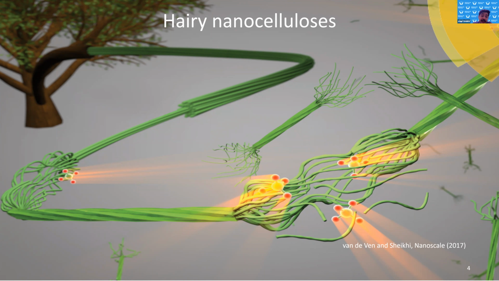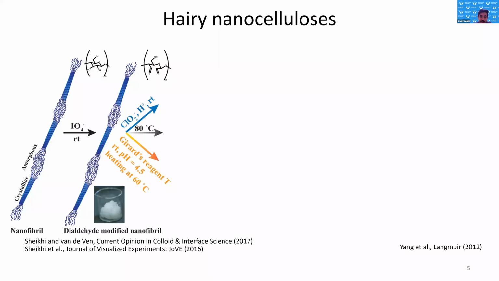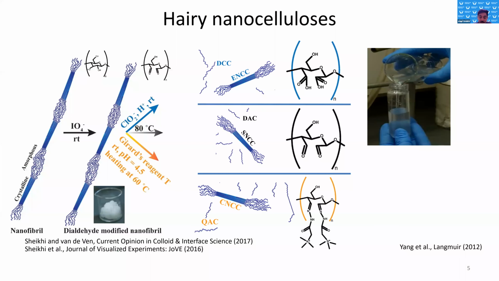And the emergence of hairy nanocelluloses was really pioneered in the lab of Theo van de Ven at McGill University. And I have focused on this for the past couple of years as a postdoc and then as a faculty member. So here is the chemistry of